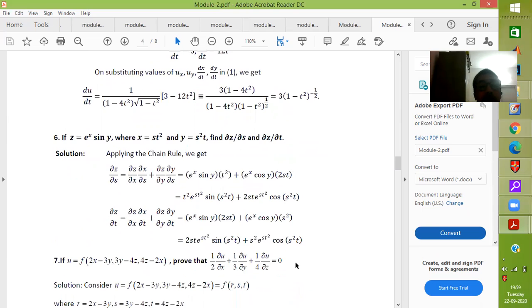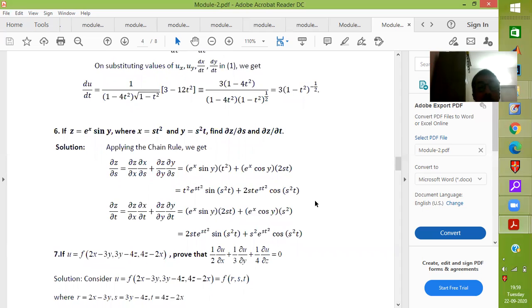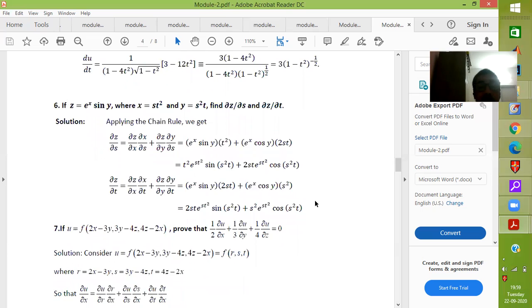Question number 6 is an advanced total differential coefficient concept, because here z is a function of x and y. x and y are both functions of two parameters, s and t. So we are to determine ∂z/∂s and ∂z/∂t. The chain rule continues to be similar, except that all the derivatives are partial. So you just set up the rule and then plug in the partial derivatives, and then you get the desired results. It is always desirable to express the output in terms of the parameters.